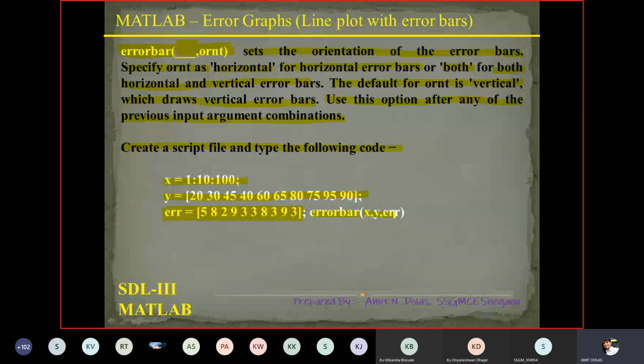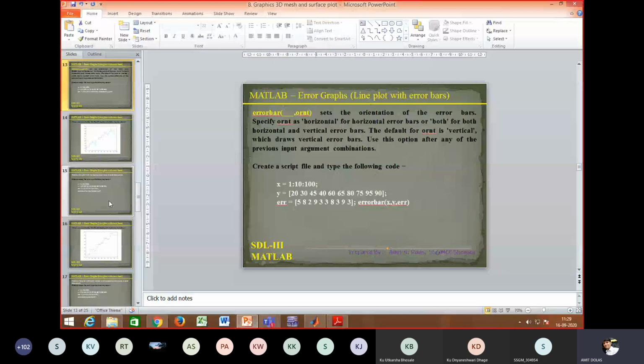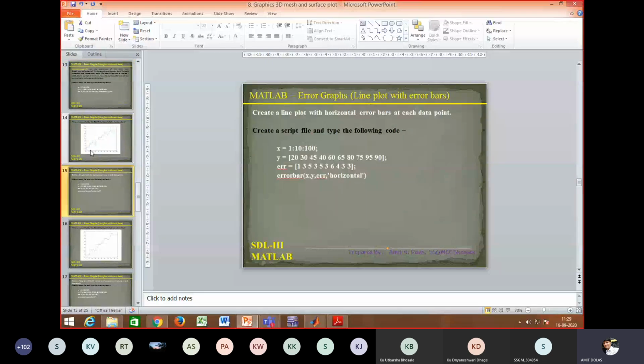Here also orientation is not given, so let's see what happened. The error function is changed, but we have not mentioned orientation.